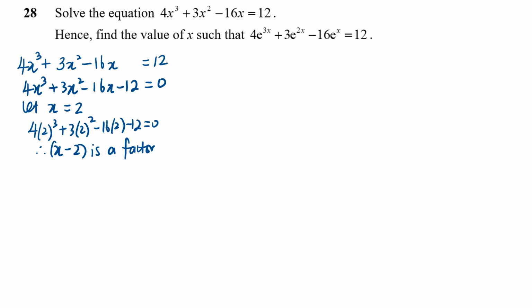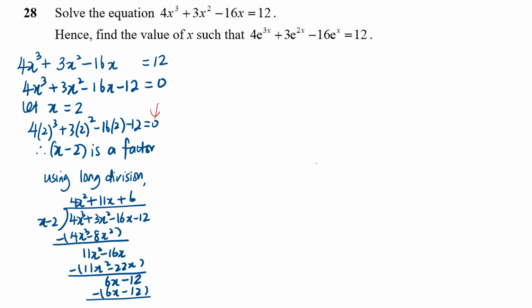So this is your remainder, you'll get 0. Remainder 0 means x minus 2 is a factor. Using the factor theorem, remainder 0 means x minus 2 is a factor. All right, so the next thing is, how do I find the other factors? Yes, using long division. So go ahead and use your long division, and then you'll get the remaining factor to